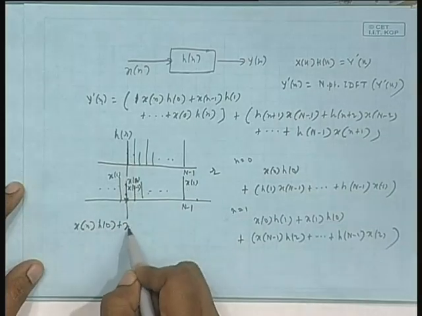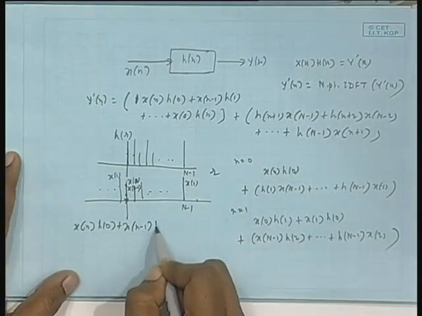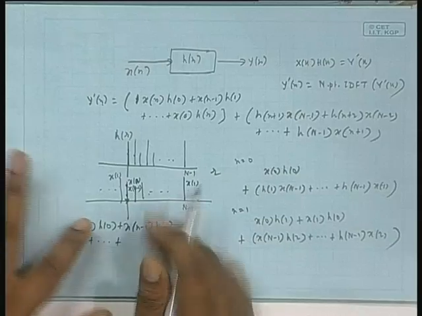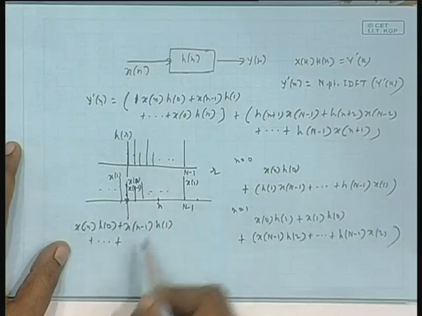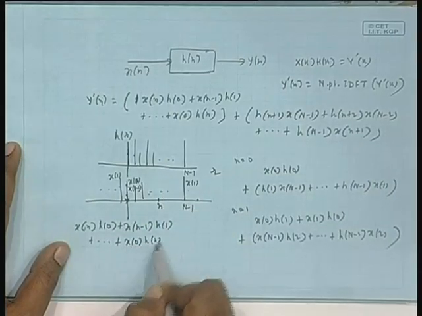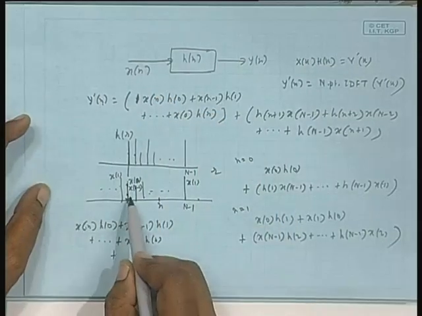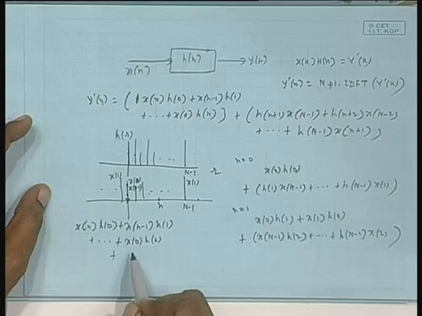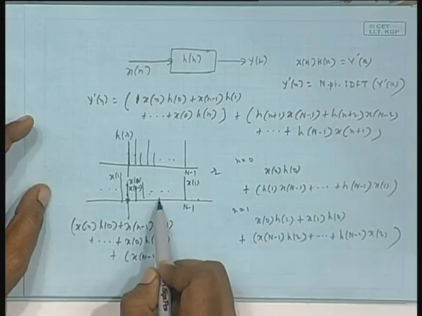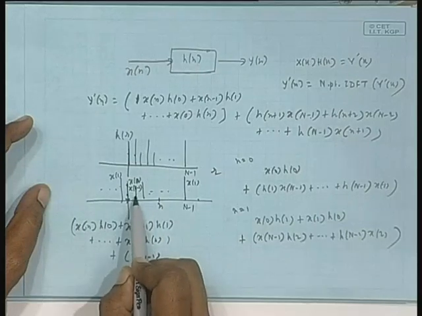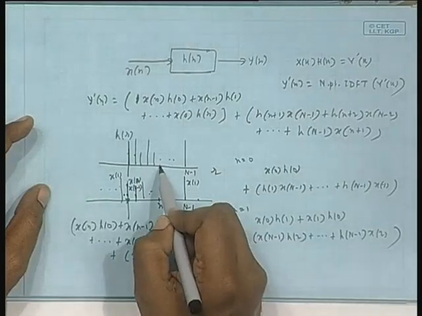h 1, that means before x n there is x n minus 1. Are you getting me? This is very simple. h 1 dot dot dot, this x 0 has gone over to the nth point, this is n, this is where x 0 is now. So, x 0 into h n. Okay. I have shifted, and then to the right of this is x capital N minus 1, x 0 is here, to the right of this is this fellow, to the right of x 0 is always x n minus 1. So, this fellow, then x n minus 2, x n minus 1 will multiply what?